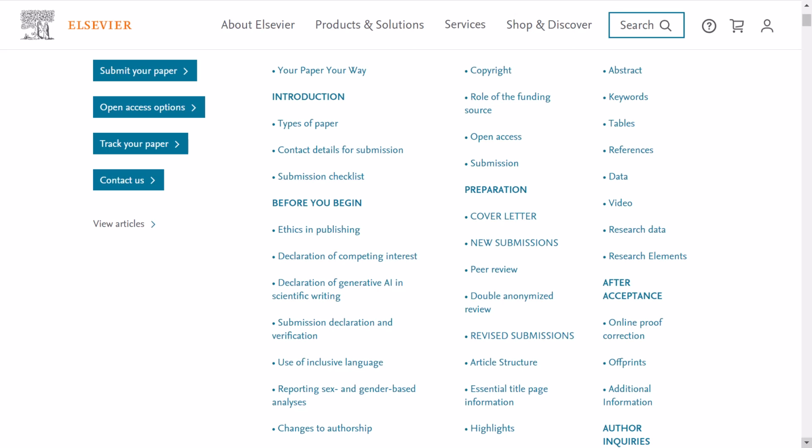Many journals include a submission checklist in the guide for authors that you can use to verify that you are ready to submit. This is a summary of the files and information that you need to gather before you begin your online submission. Some of these files may be mandatory and some optional. You will be notified about the required file types during the submission steps.